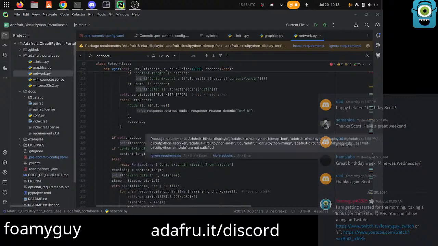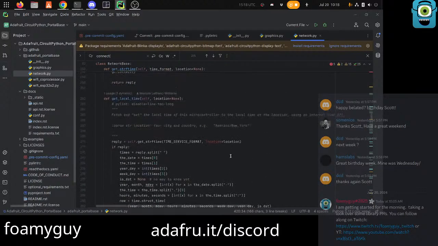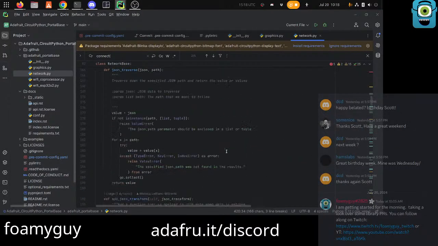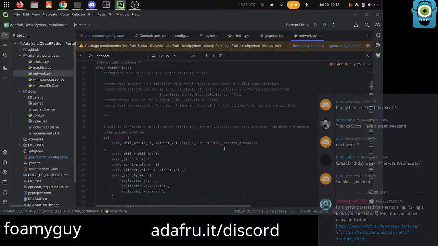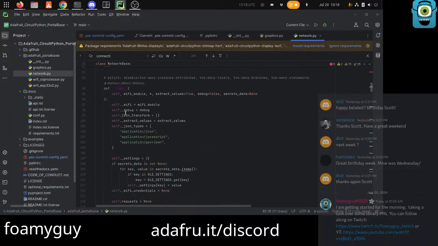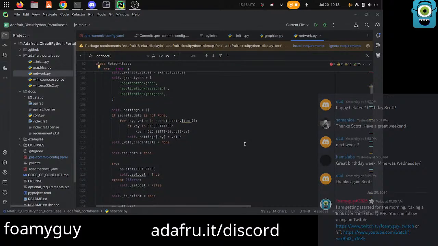I almost want to say, what if max attempts was a property? I mean, that's a bigger re-architecture. But if max attempts was a property on the network object, right, network base, if it had like self.max attempts,